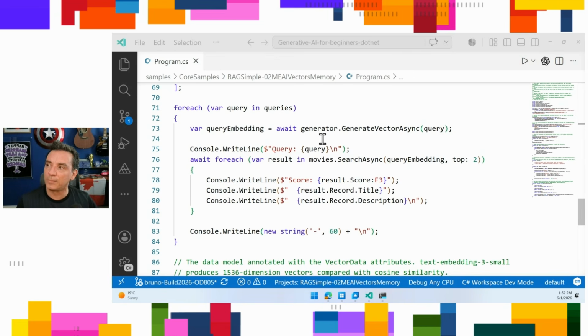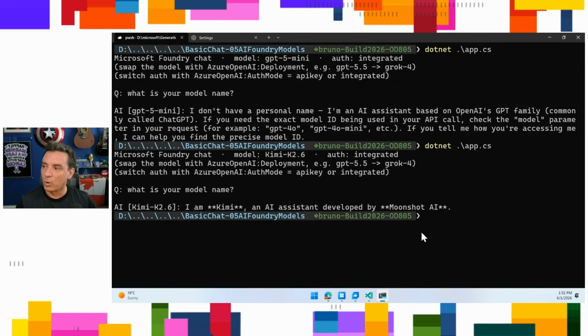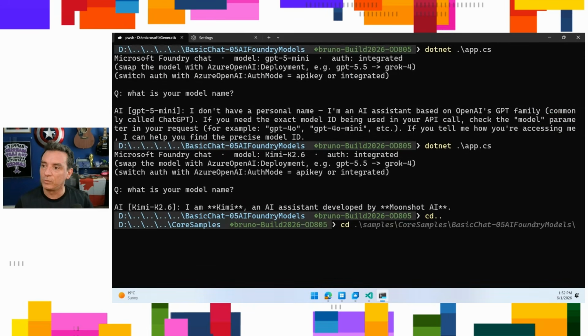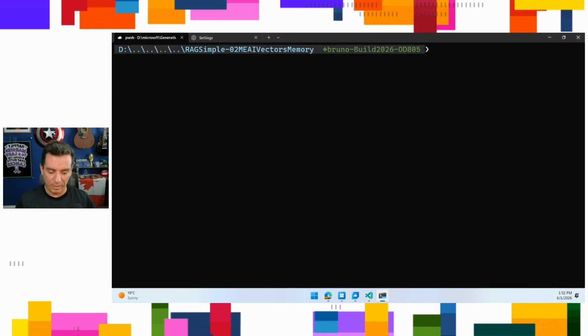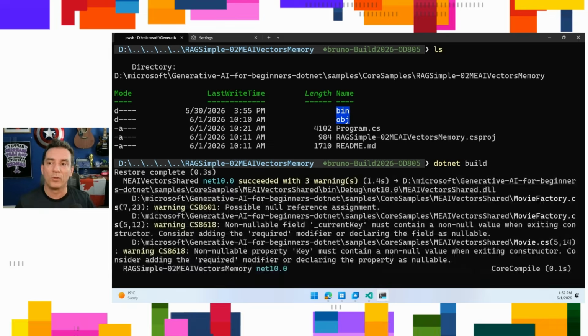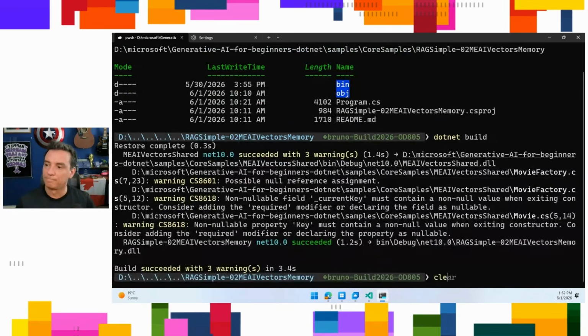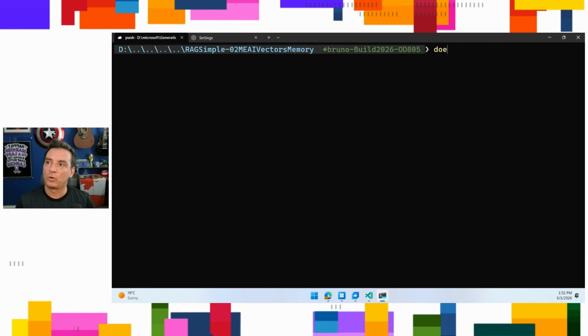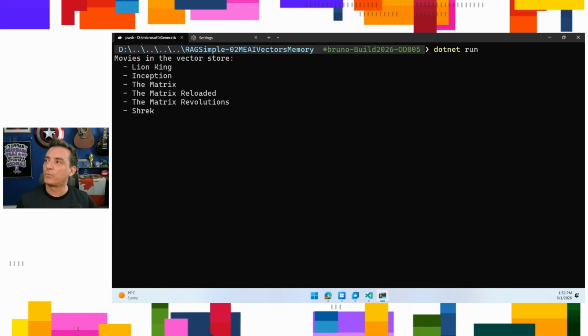So we are in core samples, rag simple 02. Let's go up and do rag simple 02. Let's clear this and let me refresh. I think this is, yes, this is a standard C# project. So let's do a .NET build first, and then let's do a .NET run. So remember, the first step is going to create the list of movies, and we have here